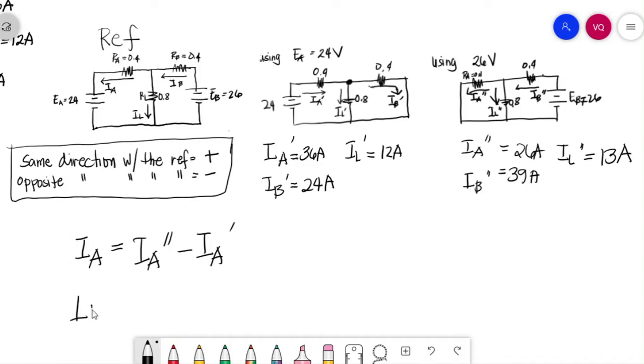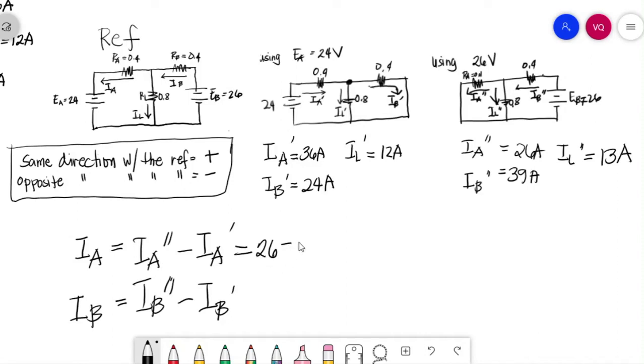For IB naman, IB is to the right, IB prime is to the right, IB double prime is to the left. So that is IB double prime minus IB prime. For IA, that is equal to IA double prime, 26,